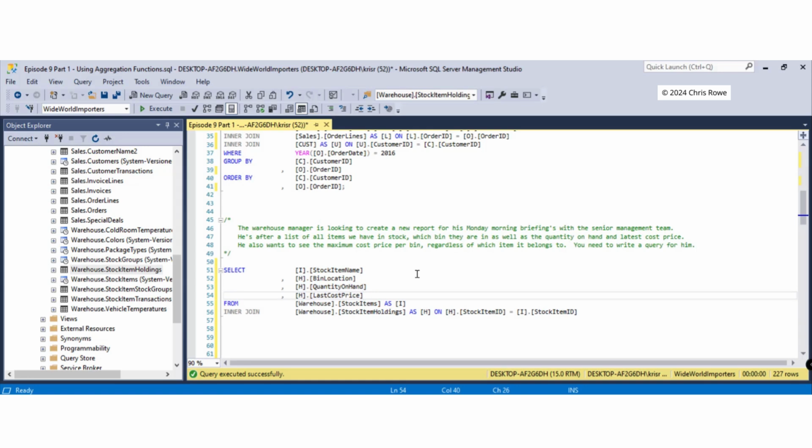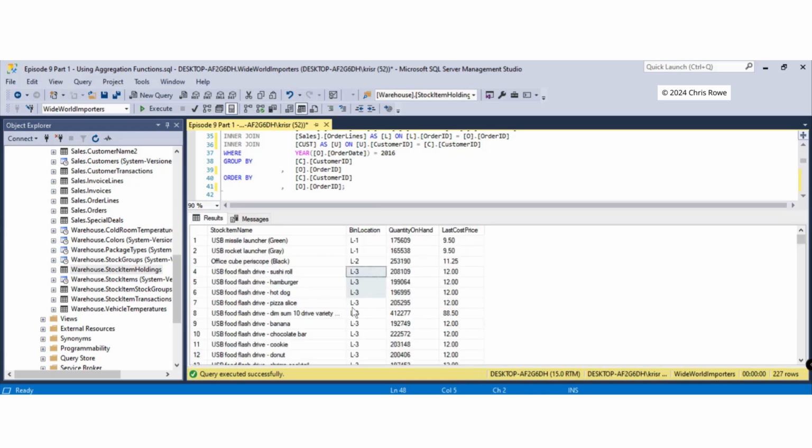Very simple, very straightforward. What we've got to do then is to pull the maximum cost price per bin. So if we look at our data again, when we ran it off, we can see we've got bin locations there, L3, there's quite a few in there, and we want the maximum price. So for that it could be 88.5, see the rest at 12. We want to pull the maximum, but we can't group it on any of these here, so we need to group it on the bin location,